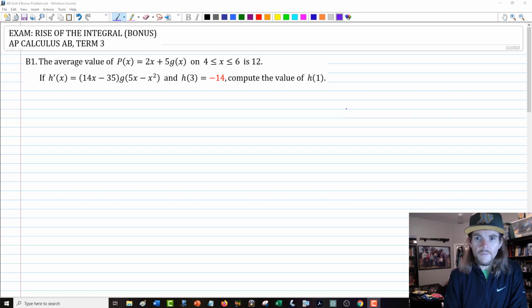Good evening, everyone. As promised during class, I wanted to work through the bonus problem from the exam that we took yesterday, on Tuesday, the 1st of February. I know that this isn't going to necessarily get a lot of attention, that most of you aren't super interested, but at the same time, I did want to work through it once,